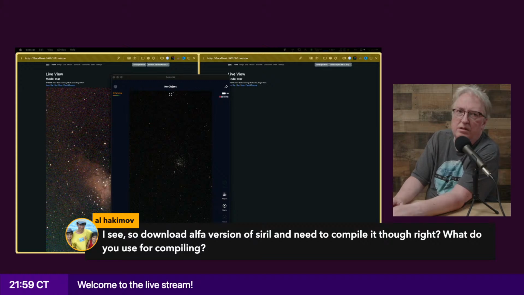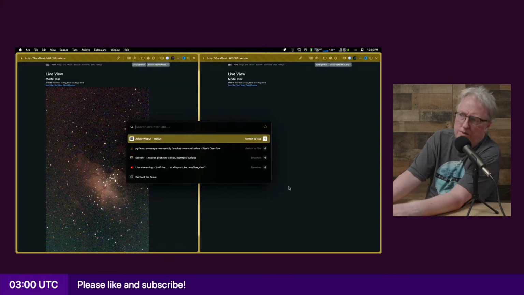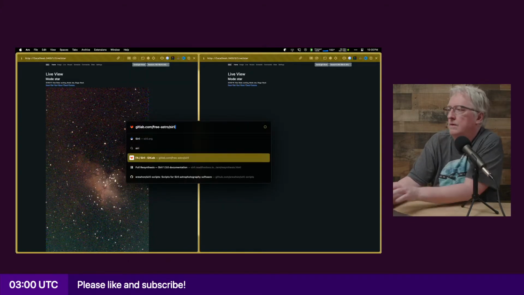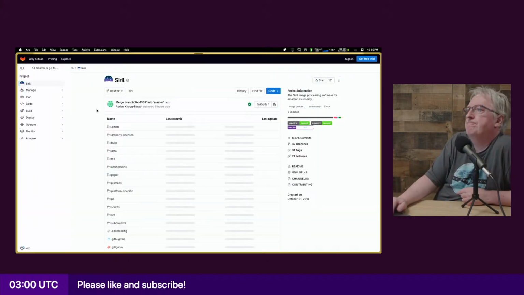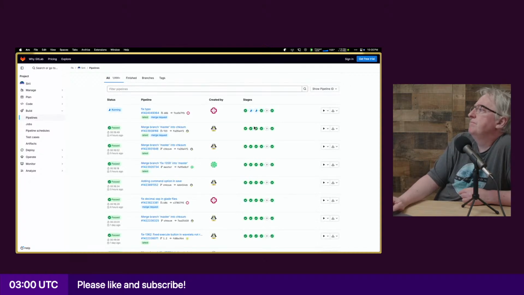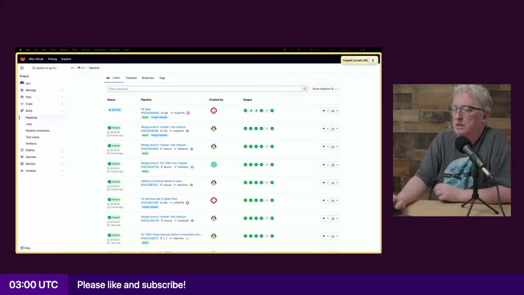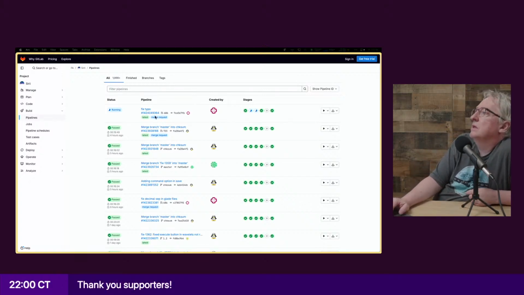I mean, it wasn't too bad building under Linux, but if you go under their pipelines, and you pick one of the recent ones, you can go download artifacts.